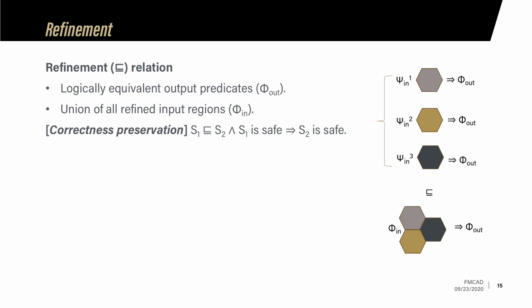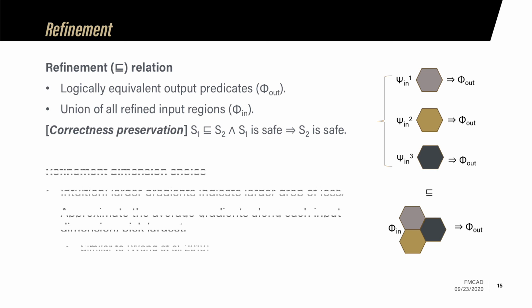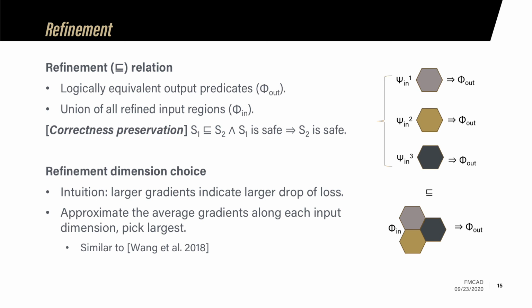Then we can look at this set of smaller input abstractions during training. Following the correctness preservation theorem, as long as all refined input-output safety properties are safe, at the same time the original safety property is safe by construction. For sure, splitting on every input dimension would not be scalable. So we need to refine the input dimensions in a smarter way. Basically, that means to choose only a small portion of dimensions to refine, but not all of them.